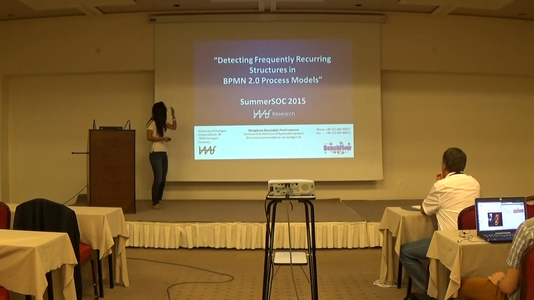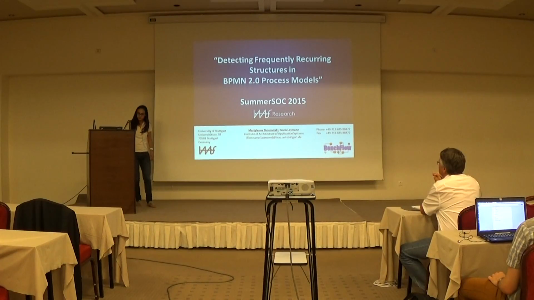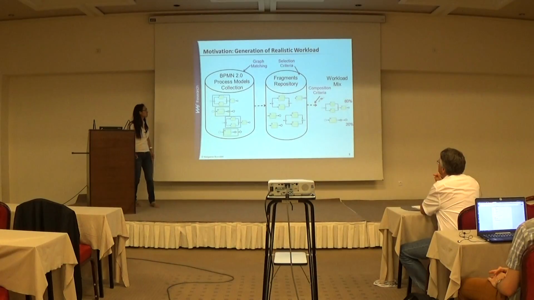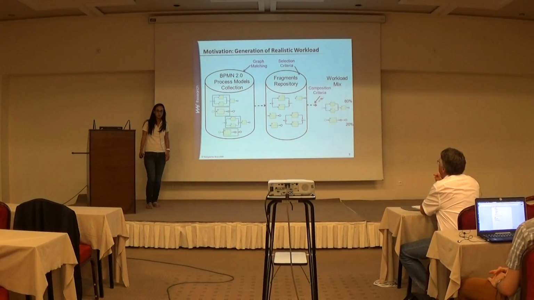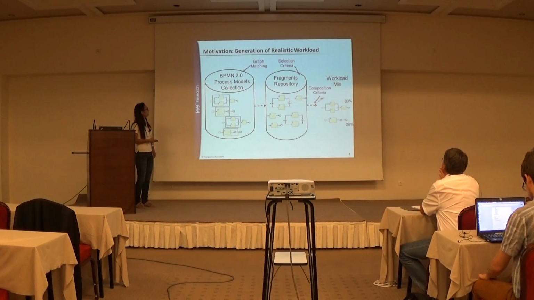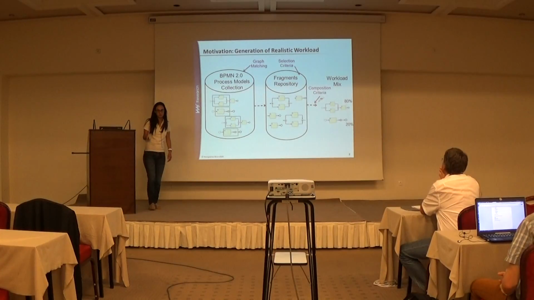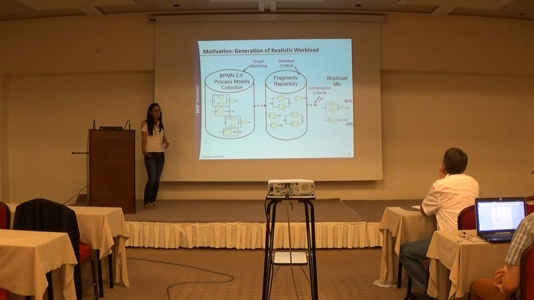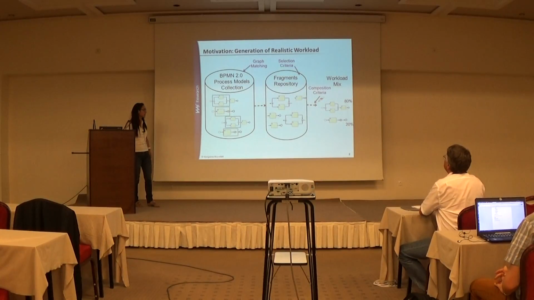Okay, I'm going to present my work, which is detecting frequently used recurring structures in BPMN process models. The motivation for this work is that we need to define the workload for benchmarking BPMN2 engines. So for this we have collected a very large collection of BPMN2 process models. It's a collection of about 1,000 or 700 process models roughly. And for this we want to extract the statistics that will create a realistic workload for benchmarking BPMN2